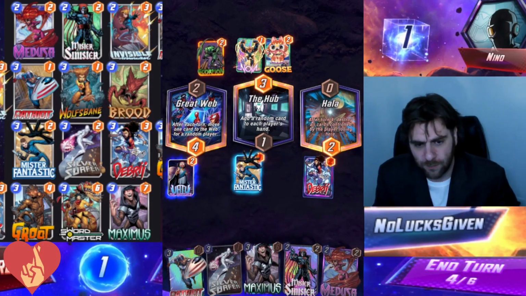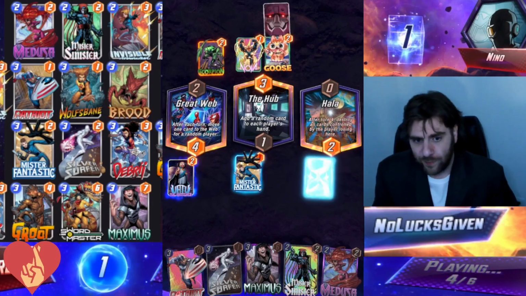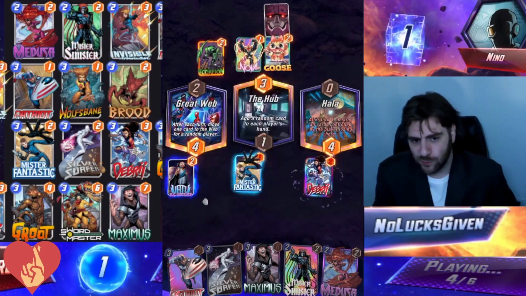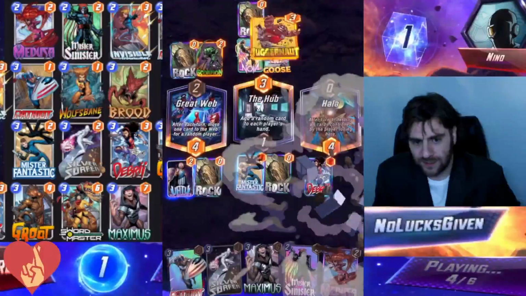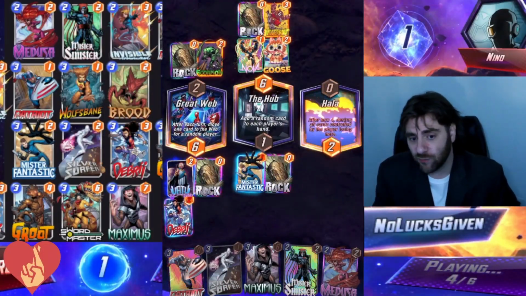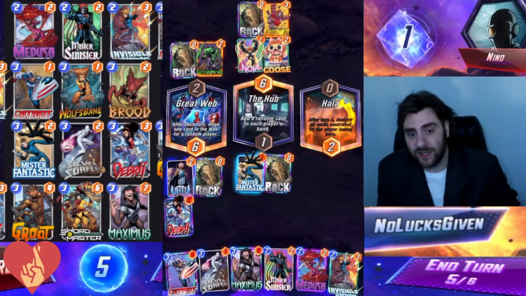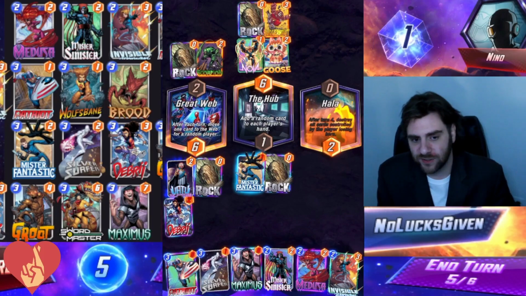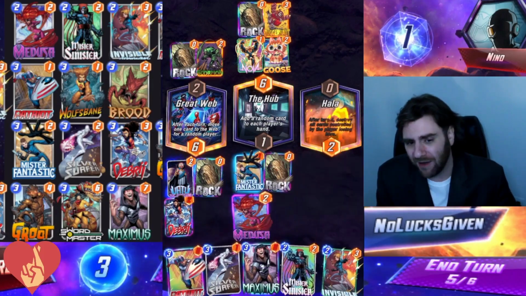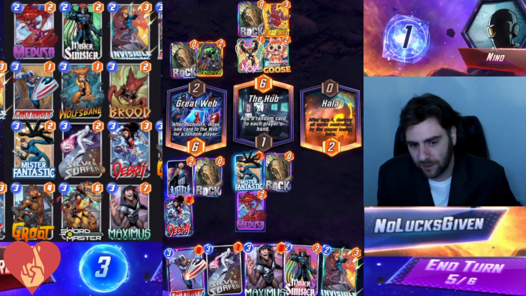On turn 4, I'm going to drop Debris into Hala. We already have 2 power there with Mr. Fantastic. Most players will probably avoid it, and we can see by the Goose and the Juggernaut and the Nova that my opponent is running the normal Silver Surfer list. They run Nova just alongside Killmonger, and I'm half expecting that maybe my rocks will get blown up here,